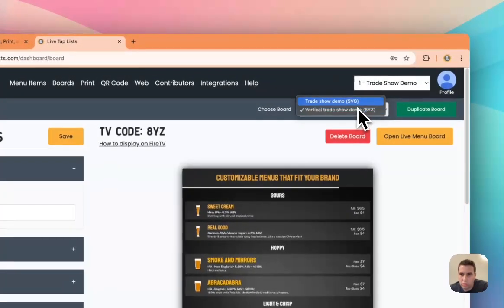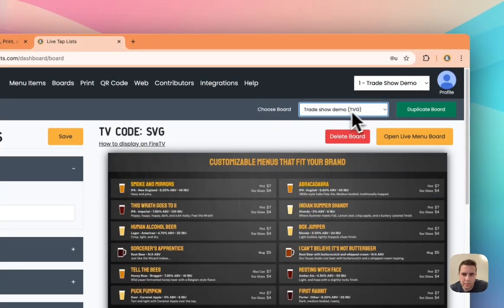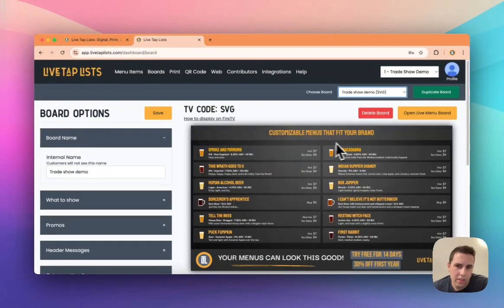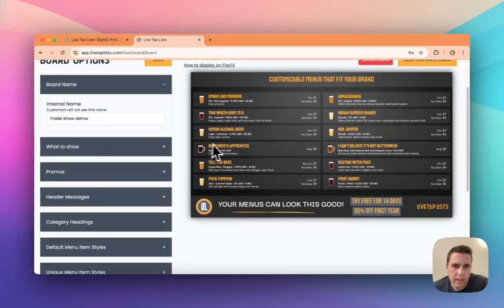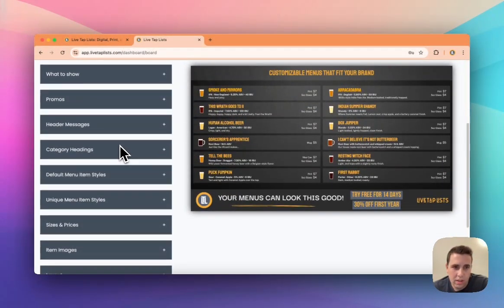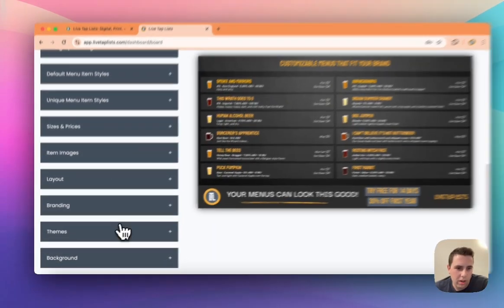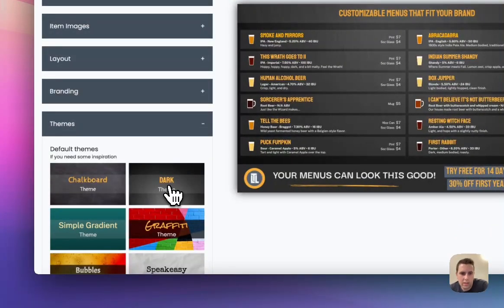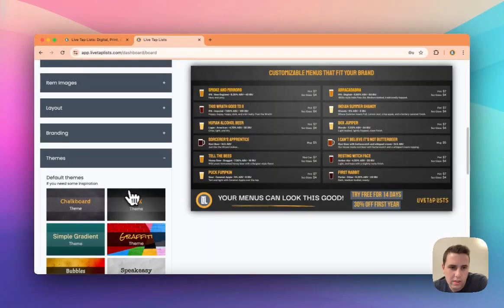Let's actually switch over to a different menu board. This is another trade show menu board that is in the horizontal layout, and this is a good example of using one of our themes. This is using the dark theme. So it uses the themes under here. They show a default background image,